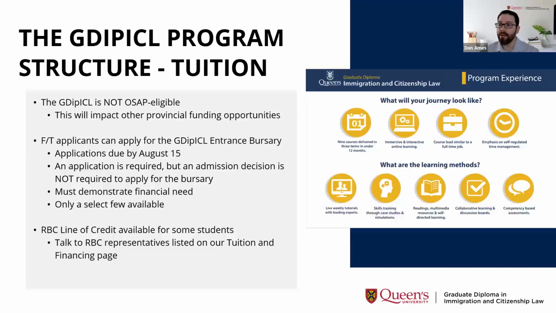We have an RBC line of credit partnership that you can apply for. One of the key things here is to make sure you have a Canadian cosigner to help you out with that line of credit. Also, we've partnered with Windmill Microlending to offer new Canadians up to $15,000 of low interest loans to help pay for the course, elements around the course, as well as your own personal living expenses to support you in really prioritizing re-education when it comes to this program.